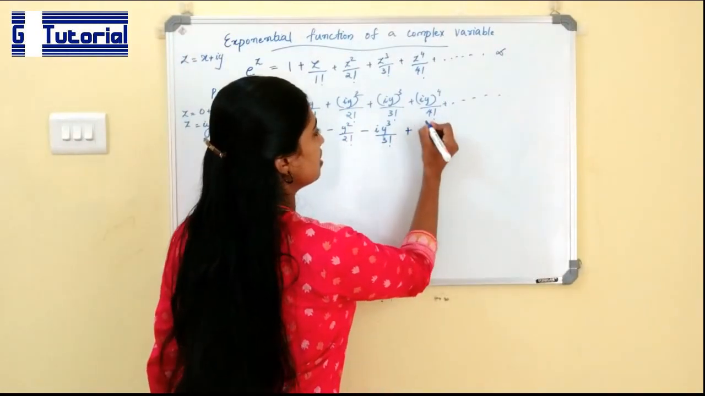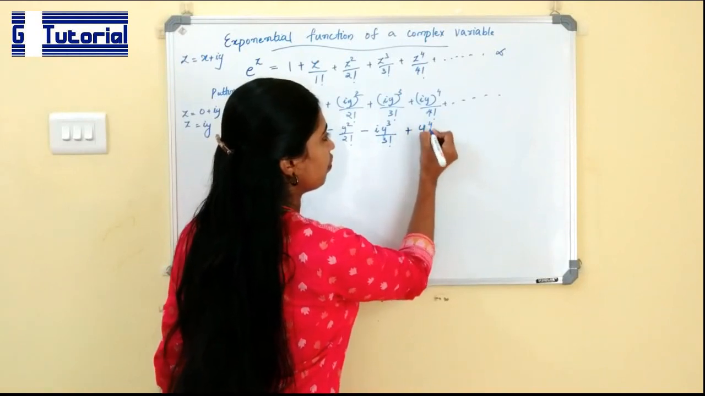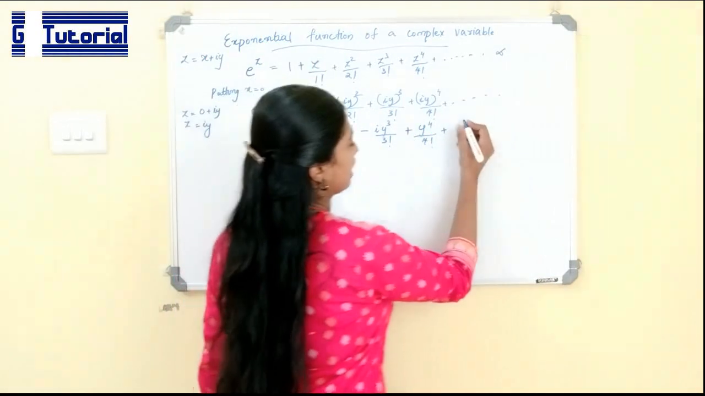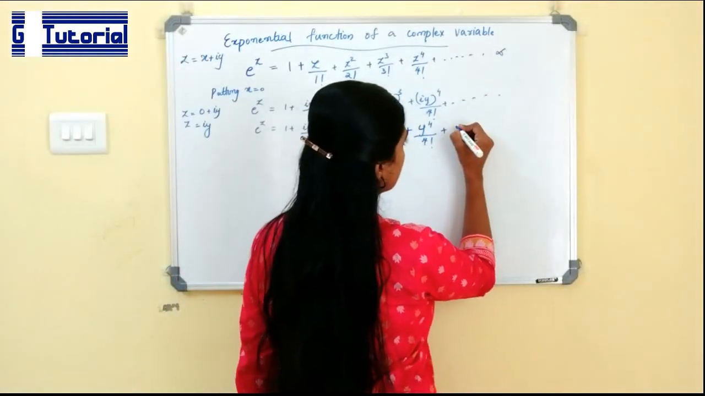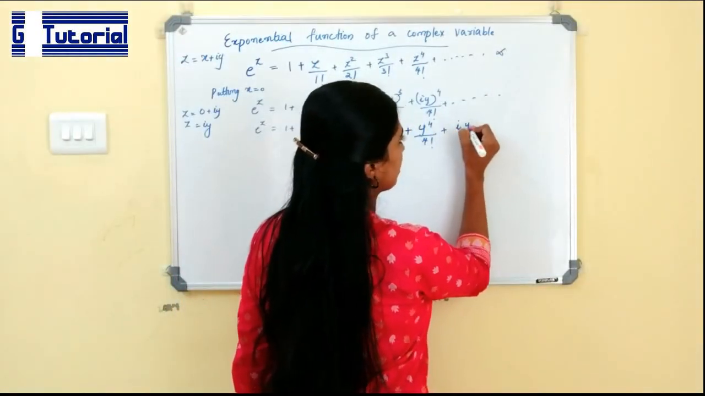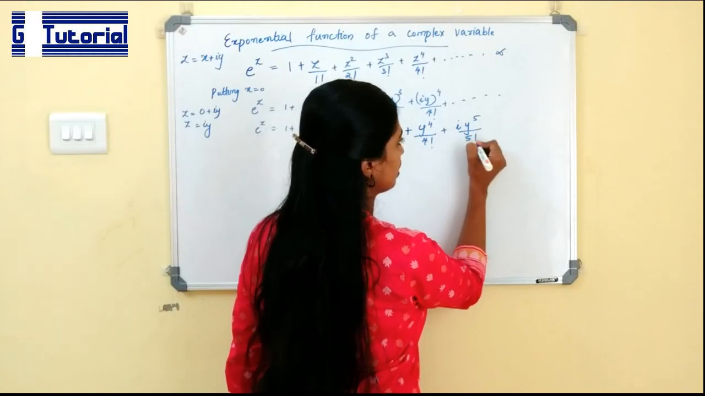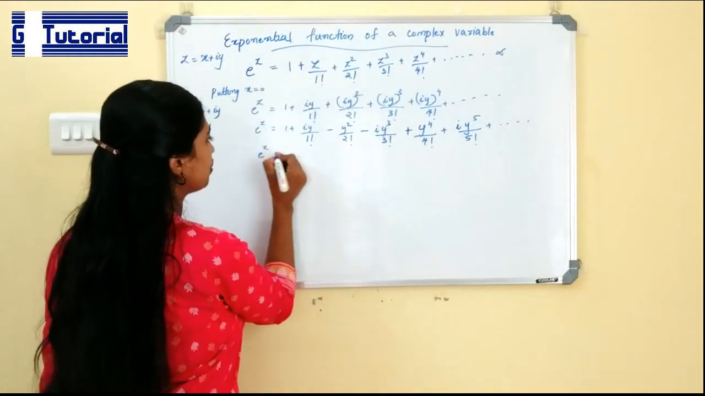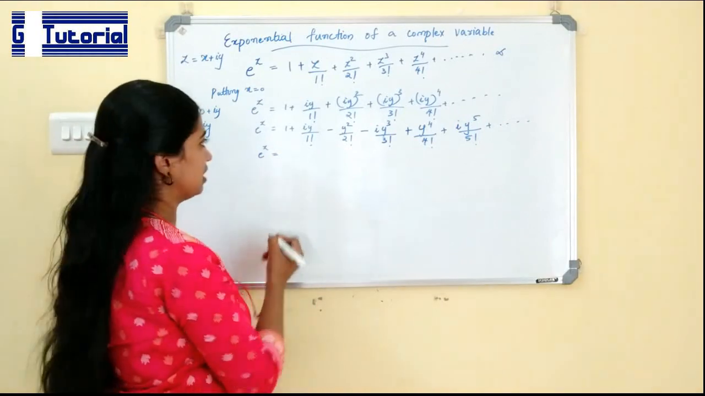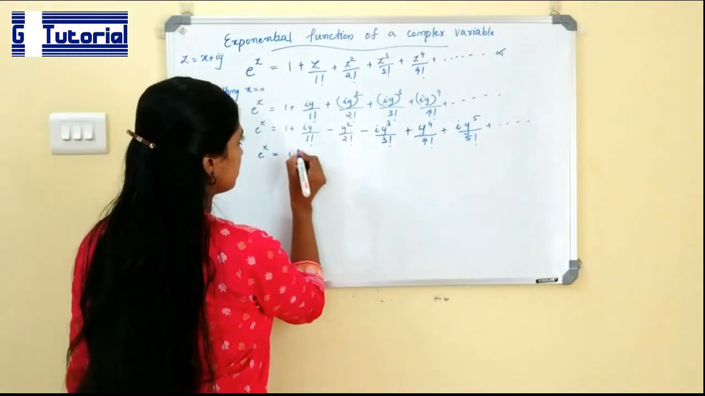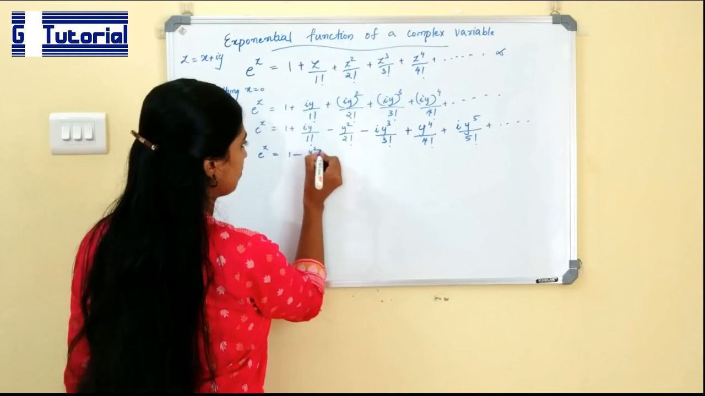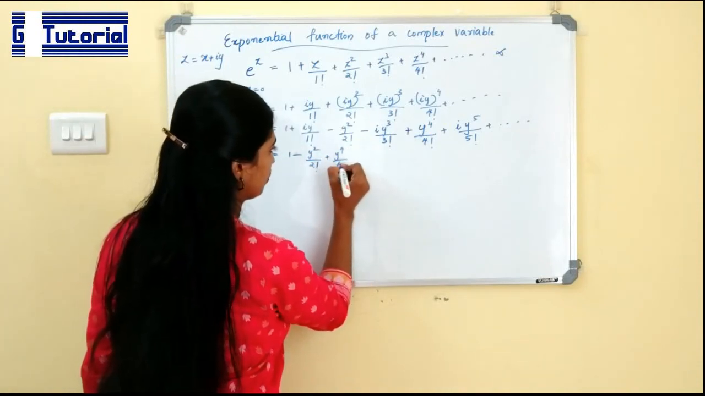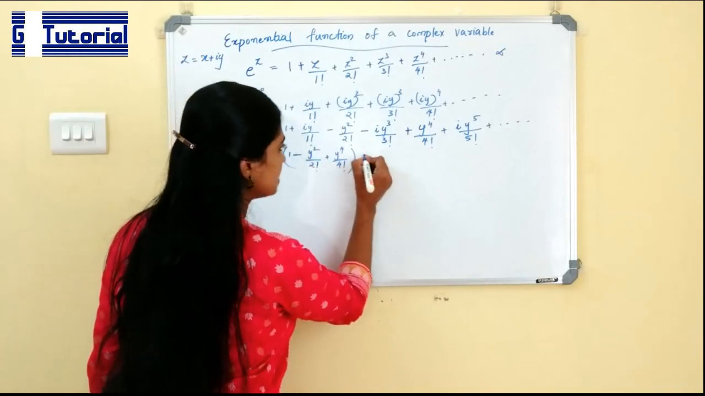So plus y raised to 4 by 4 factorial plus i raised to 5 is i, y raised to 5 by 5 factorial plus etc. Now we can group the real terms and imaginary terms. 1 plus, so 1 minus y square by 2 factorial plus y raised to 4 by 4 factorial plus i